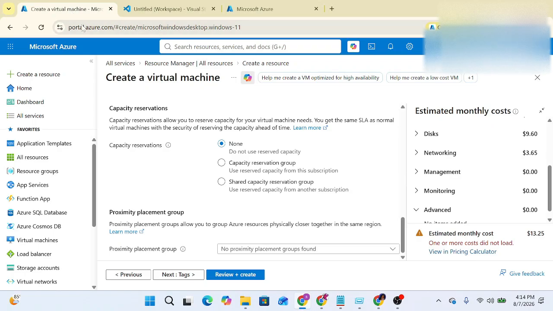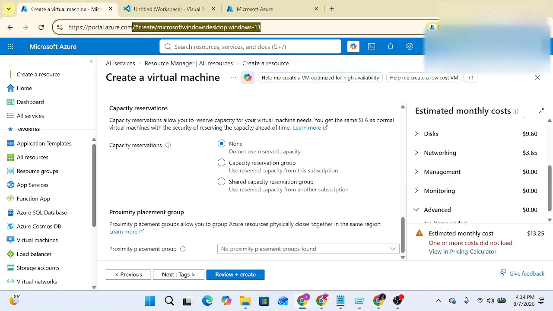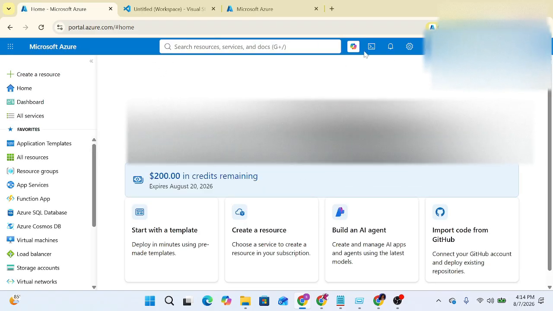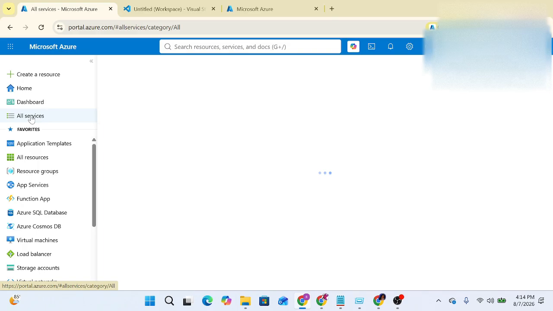First, you have to open portal.azure.com. It will ask you for the login. I already logged in, so it is directly taking me to the Azure portal. Here you have to select all services, or